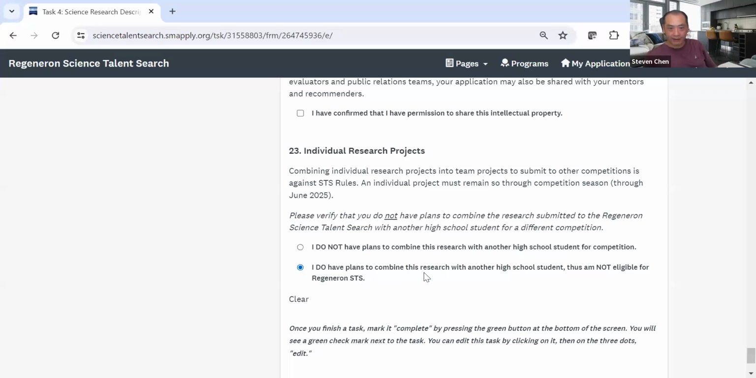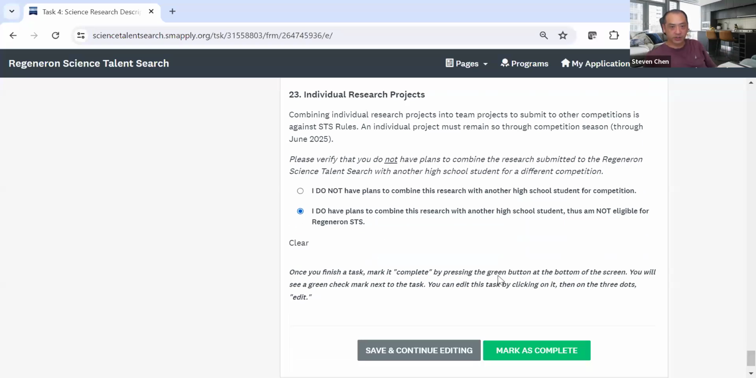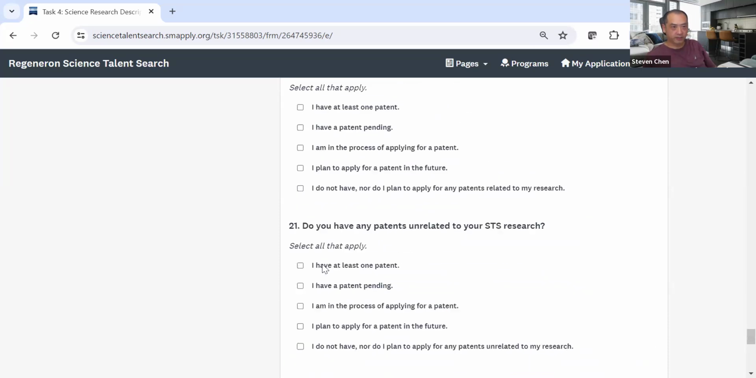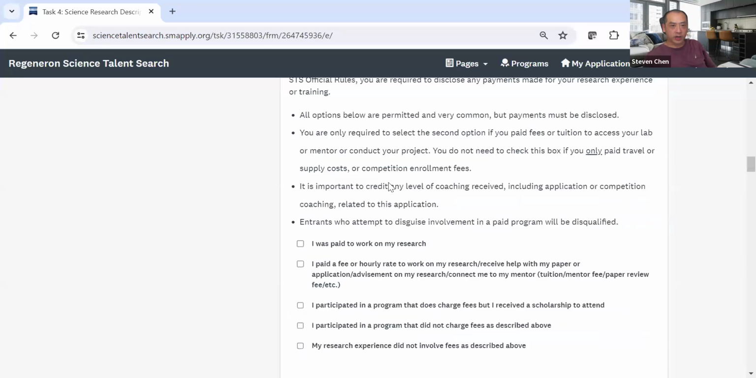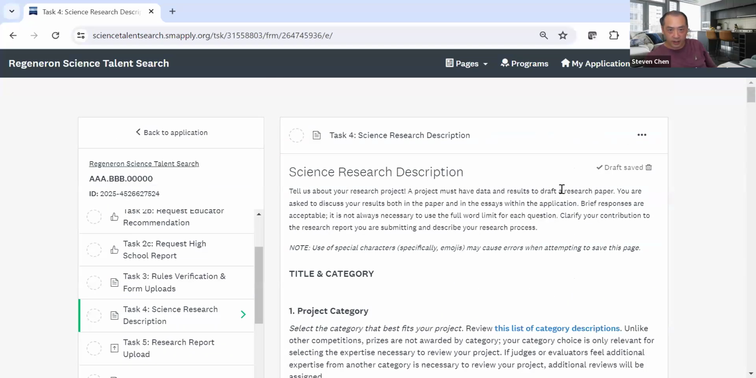If you plan to combine your research with another high school student's in this cycle, then you'll be in trouble. You'll be disqualified. So don't do this stupid thing. All right, so you see, those are all the questions about your